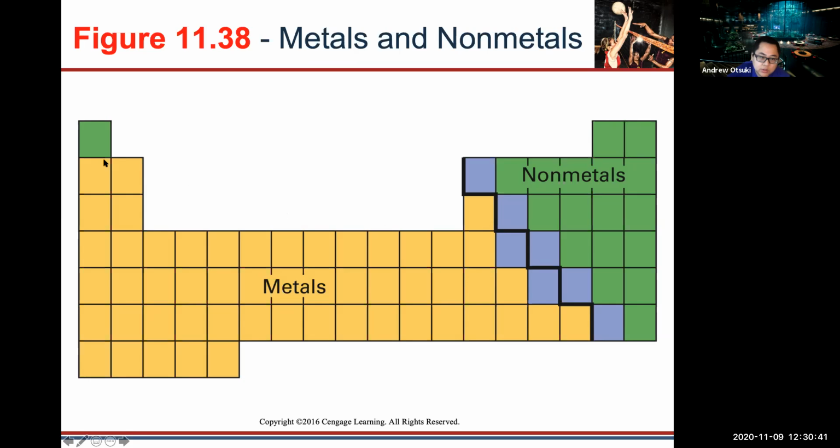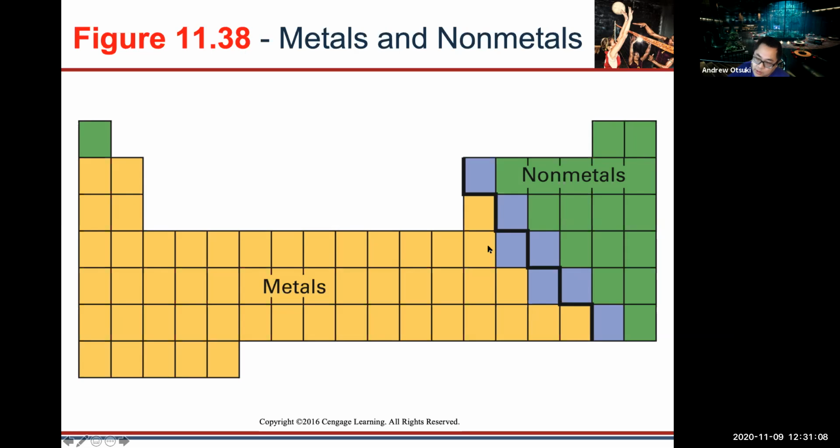So just know the general location of the metals, the metalloids and the non-metals, but you should be able to do that on your periodic table because we went over it a couple of times. So just refer back to where the non-metals are. Remember, hydrogen is a non-metal. It's not a metal. And then the metalloids are in the staircase here, but don't worry too much about the metalloids